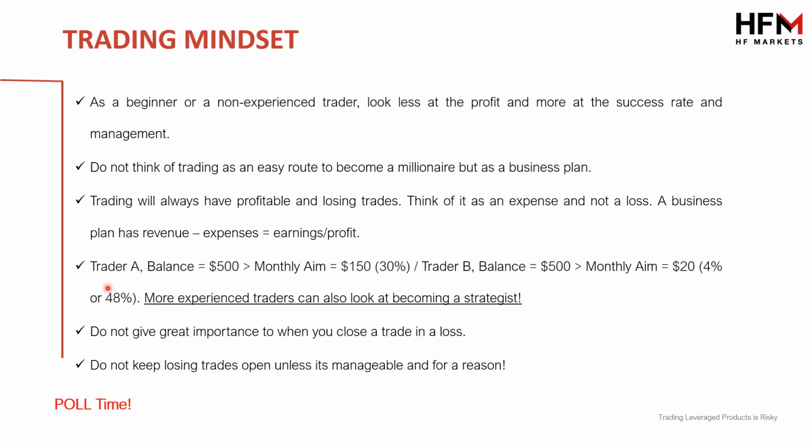And I'm just giving an example here. So we've got trader A and trader B. Now, trader A, let's say he's investing and he has a balance of $500. His aim on a monthly basis is to earn $150. Okay, so that's 30% this month, and that's